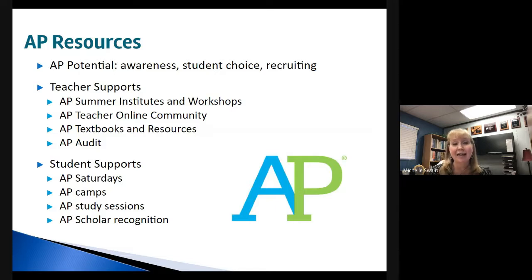We select textbooks and resources as a district that they are using collaboratively. They engage in PLC work across the district, and they do go through, as I mentioned earlier, that audit. We also have a lot of student supports that each campus will engage in. So they may have an AP Saturday session where students do a mock exam. They may have camps. They may do special study sessions leading up to exams or leading up to projects, those